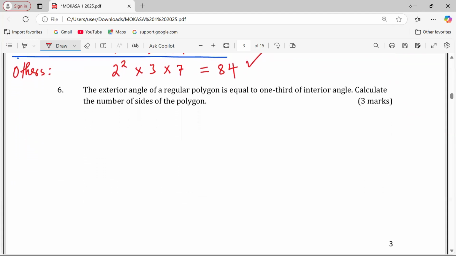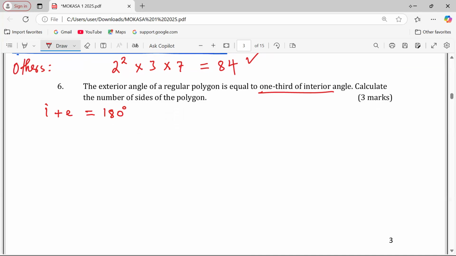Look at number 6, a very interesting question on angles and polygons. The exterior angle of a regular polygon is equal to 1/3 of the interior angle. Calculate the number of sides of the polygon. Let us look at this relation first. We know that exterior and interior usually add up to 180. Then now there is a language provided here that exterior is equal to 1/3